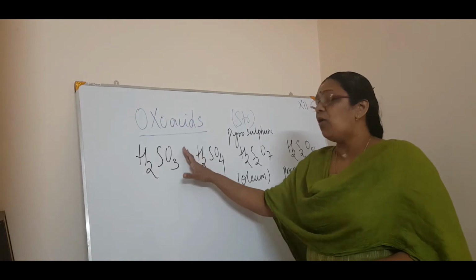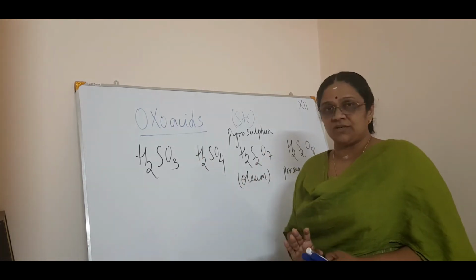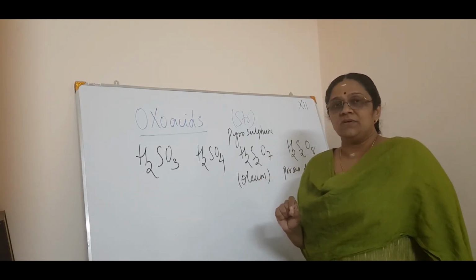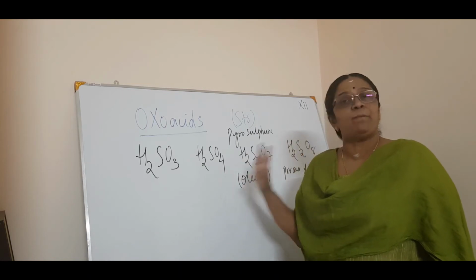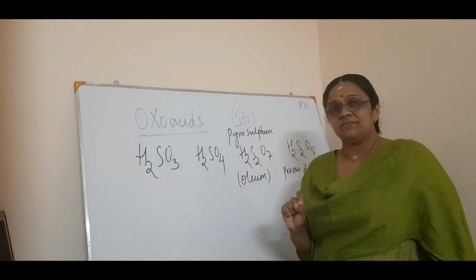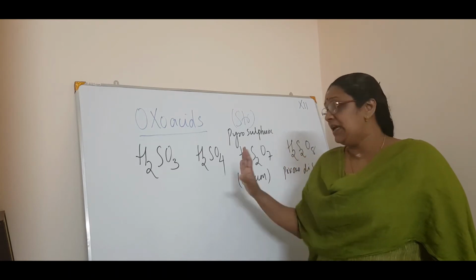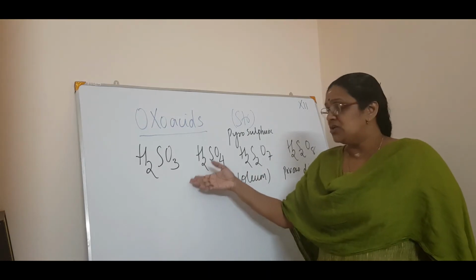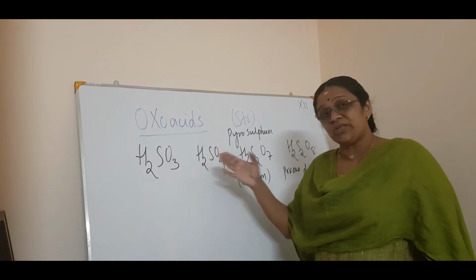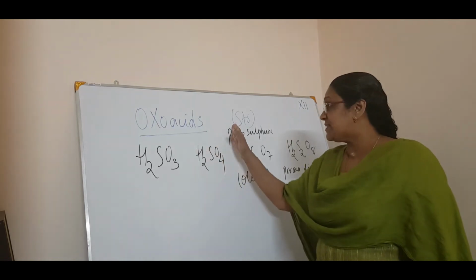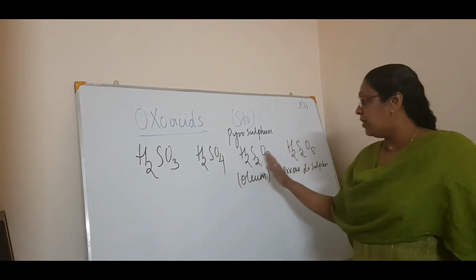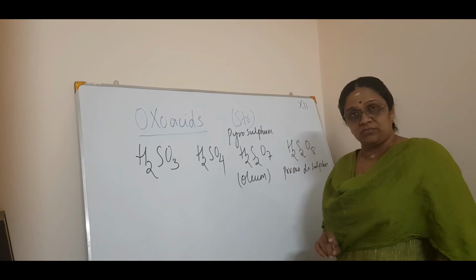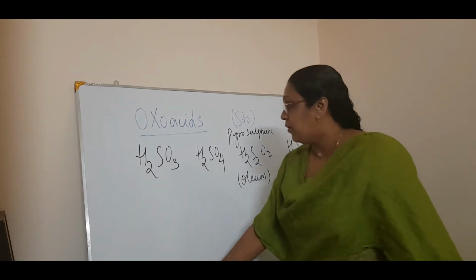Correct? Now we will see how you draw the structure. And believe me, in all the board exams till now, one structure definitely they will ask from the P block. Definitely. Keep my word. So many structures will be coming. Now the oxides of nitrogen they have deleted, so this will be important. The halogens also have oxo acid structures. So the oxo acids of sulfur are important. Only these 4 you can score marks from, so just study the structure of these 4. Now we will see one by one.